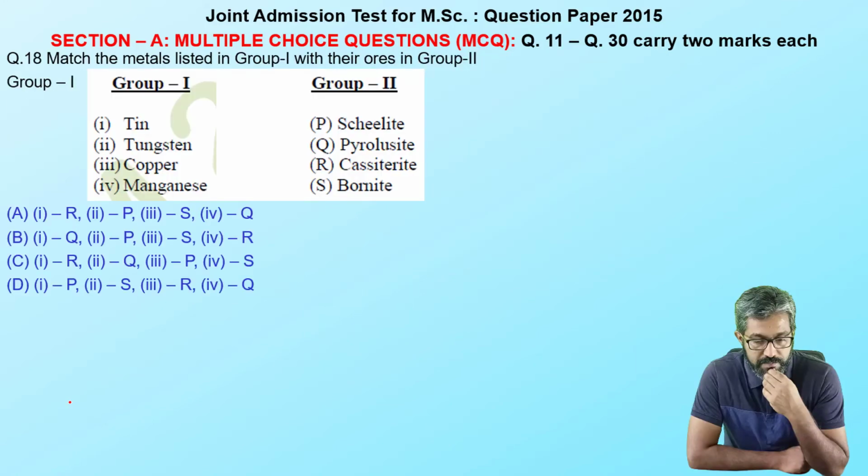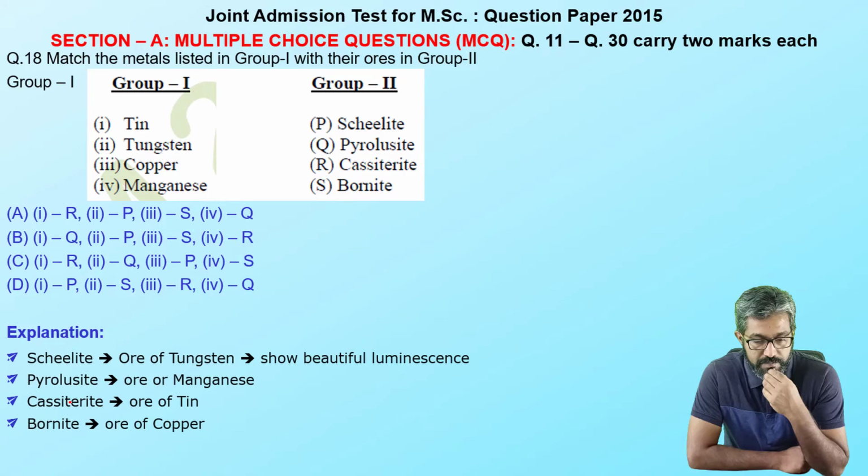Moving to the next question. The next question again is related to your economic geology, where we have metals and their corresponding ores. As you are all aware, in my previous lecture I told you that the mineral scheelite is a very important mineral, and every time I have seen too many questions asked related to that mineral. So let's see one by one what scheelite, pyrolusite, calcite are related to: tin, tungsten, copper and manganese. As you are all aware, scheelite is an ore of tungsten. So my second option is related to P. So what do we have for P here?